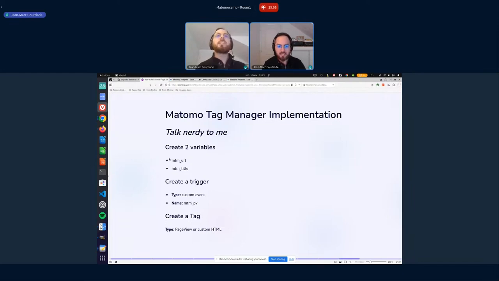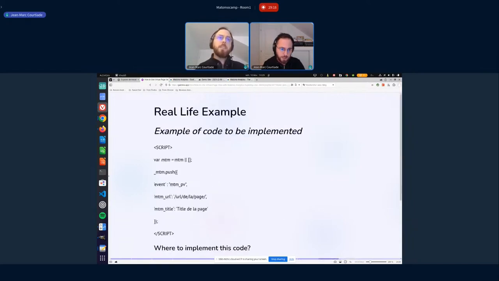And so you create these 2 variables, which are meant to get the content of the data layer that appears here this way. And by the way, the developers have to figure out how to implement it. It's something very important that I haven't talked about. It's the job of the developers to implement for each page the title and the URL of the web page here automatically, so that when this code is triggered, when something fancy happens on the website,